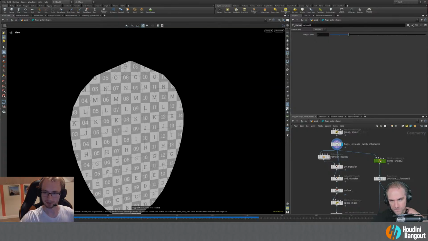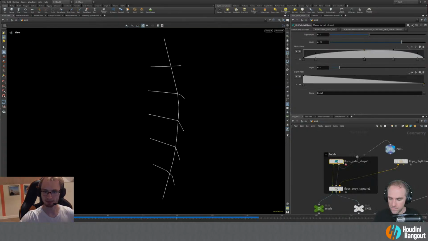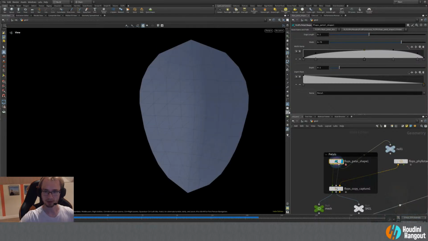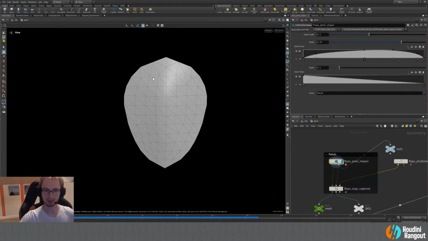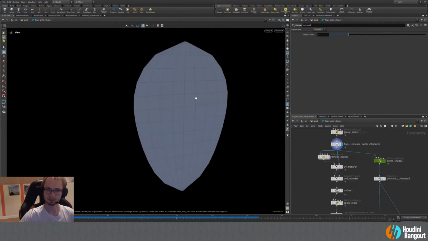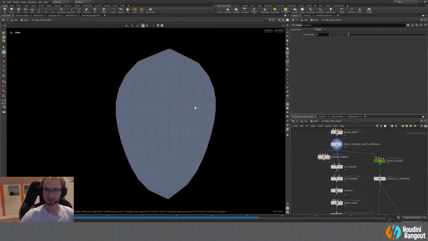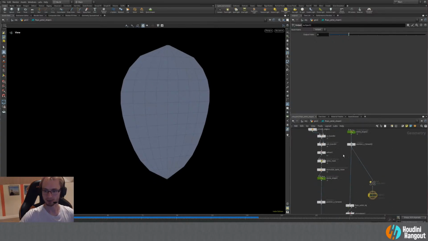So if we look at the topology here, this is different from the output that we have here. So here I'm kind of doing what Vellum likes. It's triangulated geometry, kind of like remesh style. So that's what you have control over here. But on the inside, it starts out the same way that we did before. So the geometry looks like this,